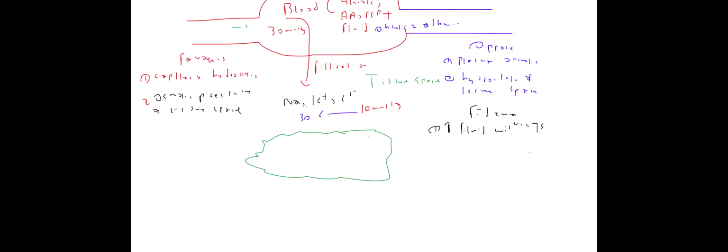So what could be the cause of the increased fluid coming into the tissue space? Number one cause could be increased hydrostatic pressure in the capillaries. When I increase hydrostatic pressure in the capillaries, it will lead to more fluid coming out. Now, can anybody tell me what are the causes of increased hydrostatic pressure within the capillaries? Heart failure. Very good, excellent.